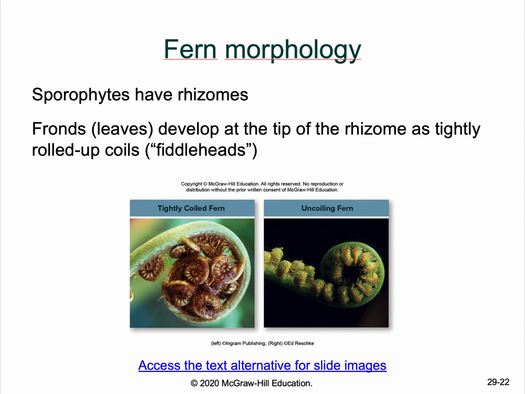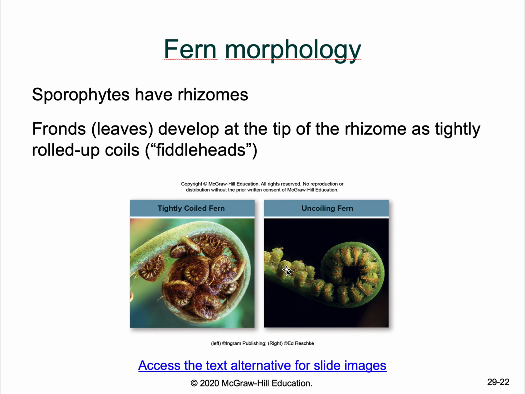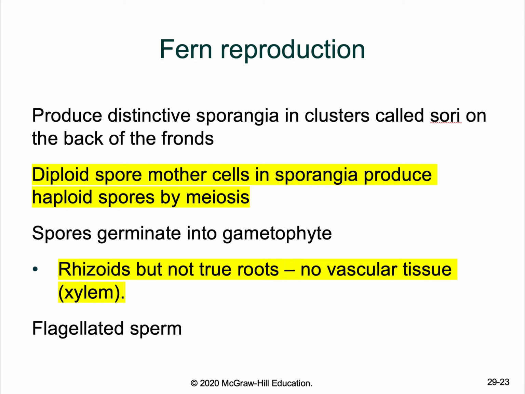Fern morphology, so this is how it looks and how it forms. Maybe you've seen a fern, they have what they call fronds, and they're tightly coiled and then they bend outward. And so the same thing here, they'll bend outward and then they'll look like a mature fern. So that's really unique. Some people actually cook these and eat them. I've never tried it, but I'm sure it's pretty good.